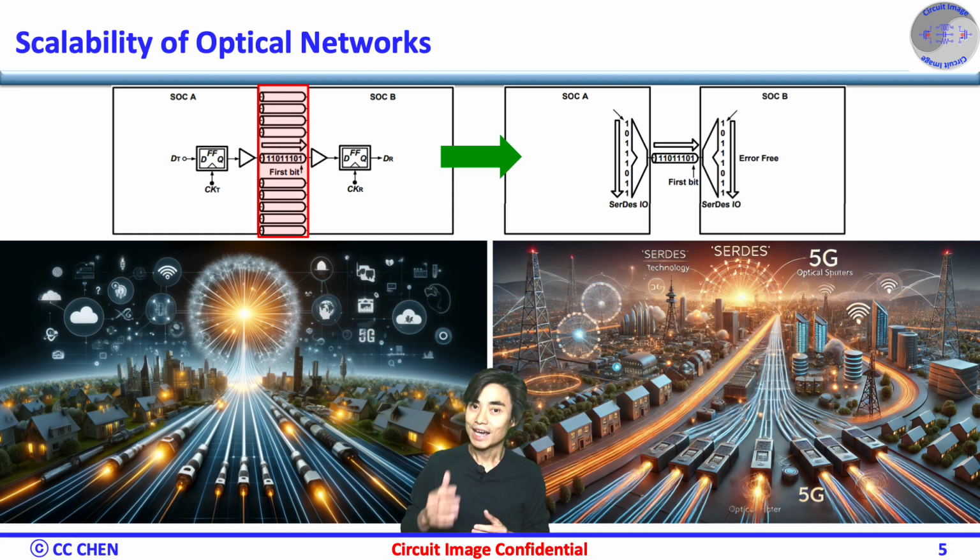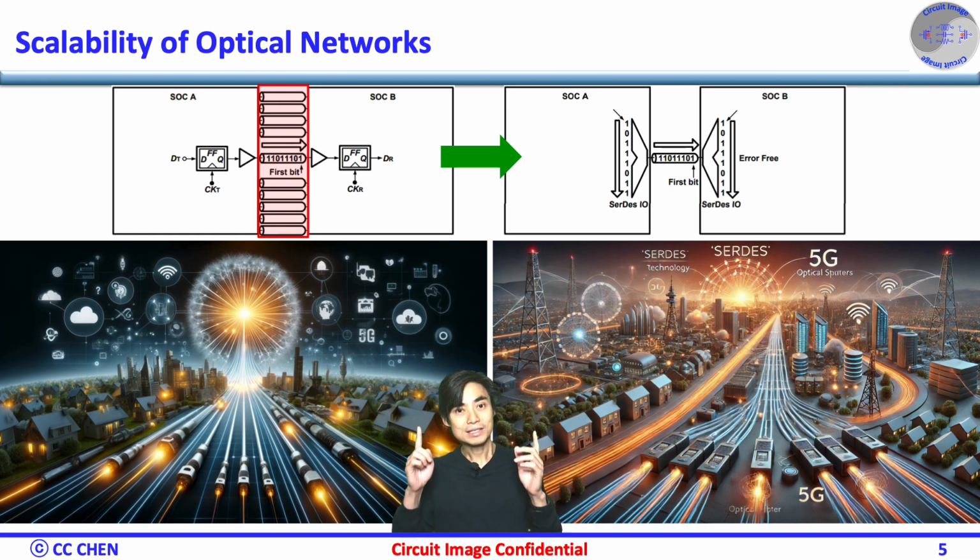SerDes technology enhances the scalability of PON networks by supporting faster data transmission and higher data rates, essential in systems like 10G PON or NG-PON2, where speeds of 10 gigabits per second or more are needed. This makes PON ideal for large-scale applications such as cloud data centers, telecom infrastructure, and 5G networks, where high-speed data